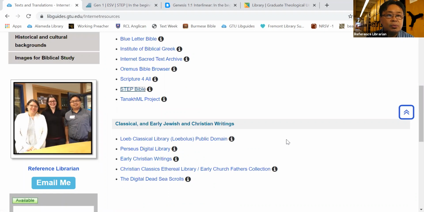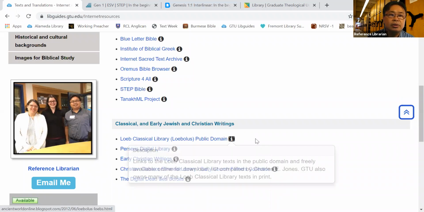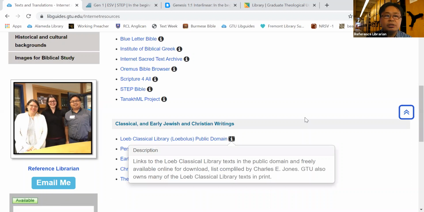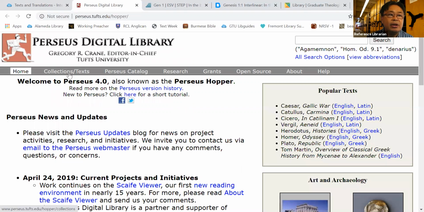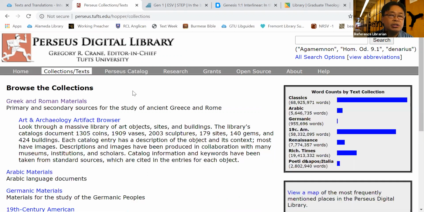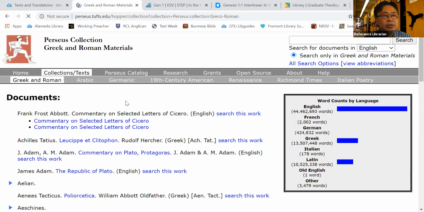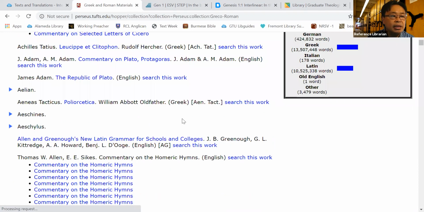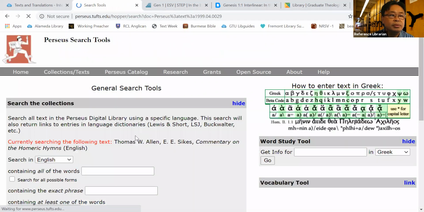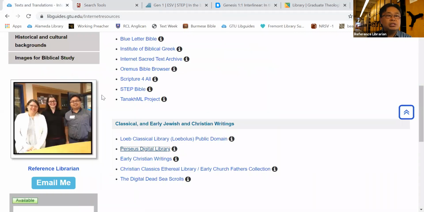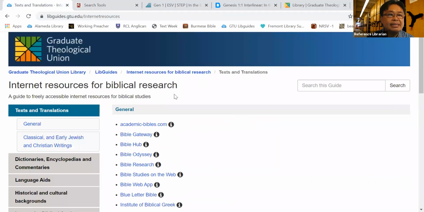And another one that will be helpful is this Pursuit digital library. This Pursuit digital library is good to search words within Greco-Roman material. That's a parallel to the Bible text. So if you're working on some kind of ancient Greco-Roman material, you can just click one of these and then search within this commentary. You can search this book as well. So these are two guides that will be helpful